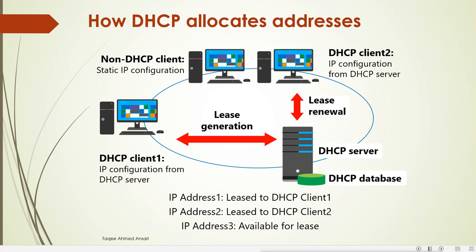In a DHCP network, it is possible that the IP address for the client can change. That means the first time this client asks for an IP address, it is given some IP address, but when the lease time expires, it will re-ask for the same IP address. But if the IP address has been given to some other machine, then it will give another IP to this client. So IP addresses can be changed.